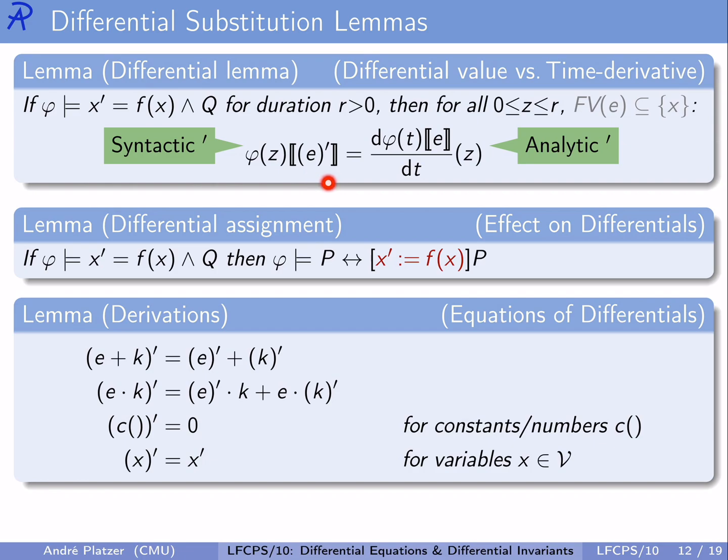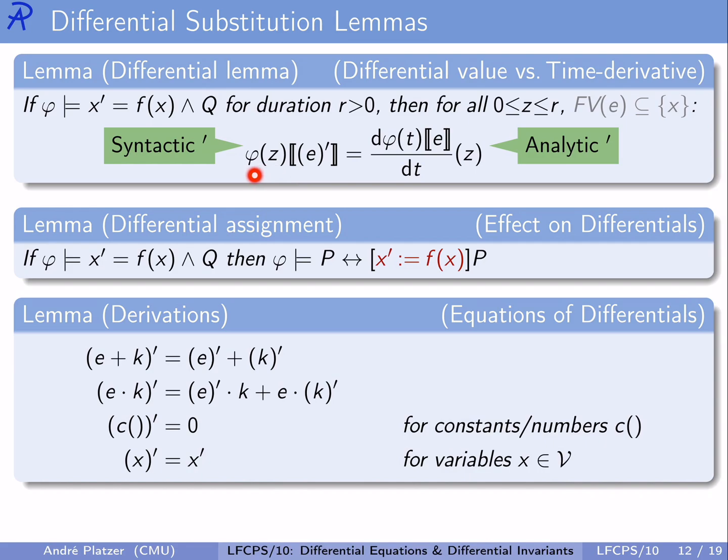Yes, E prime, the differential term belonging to E, is just a syntactic expression. This syntactic term, E prime, we can evaluate in a state, but if the state we're evaluating it at happens to be a state along a solution of a differential equation, so if phi is a solution of a differential equation x prime equals f of x, and also satisfying an evolution domain constraint Q, so it comes out of one of those solutions of the hybrid program's continuous differential equation system, then at least if we've been evolving for actually a positive amount of time, then for every intermediate point in time, as long as the free variables of the term are at most the ones that the differential equation is talking about, it is true that the value